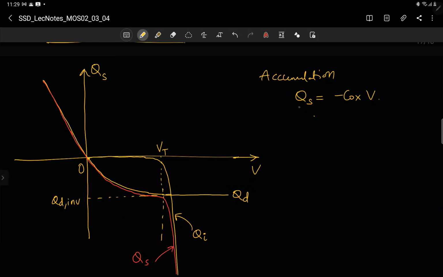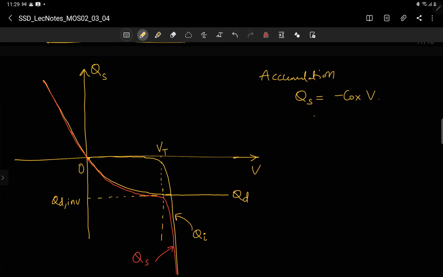I have written here only for accumulation because you have seen this expression two classes back, right? Qs is equal to minus Cox V. V is negative, there is a minus sign already, so Qs is positive. And it is varying linearly here, so I just varied it linearly. And if you plot as a function of V, you see that